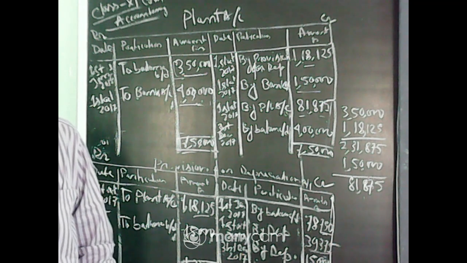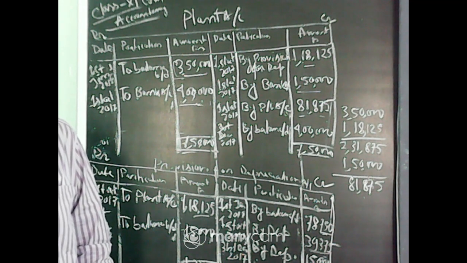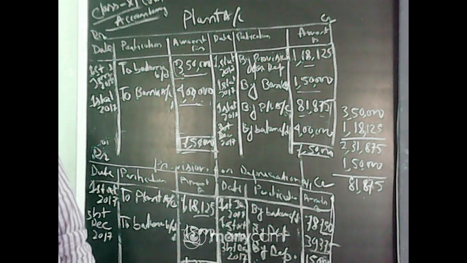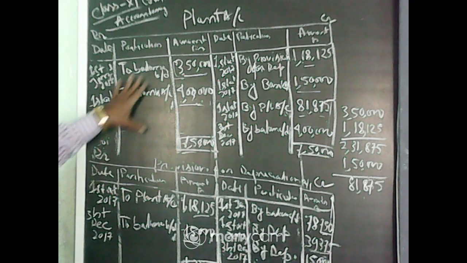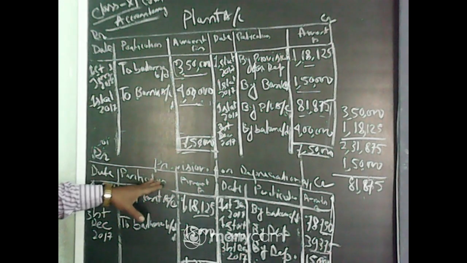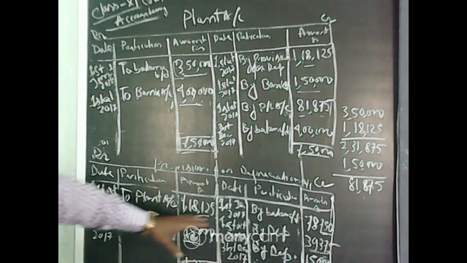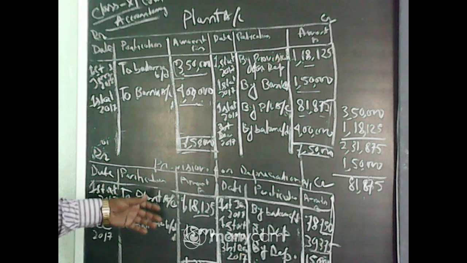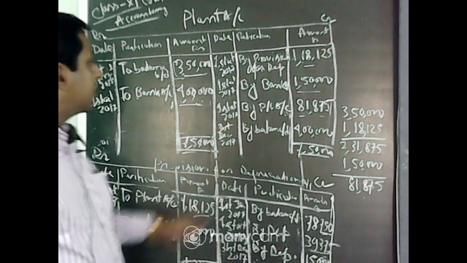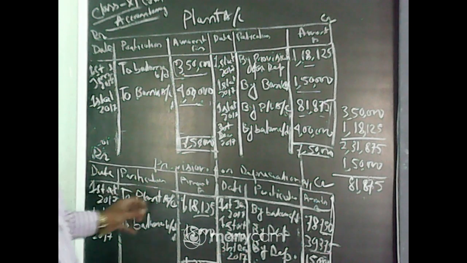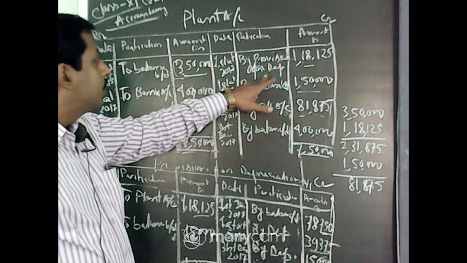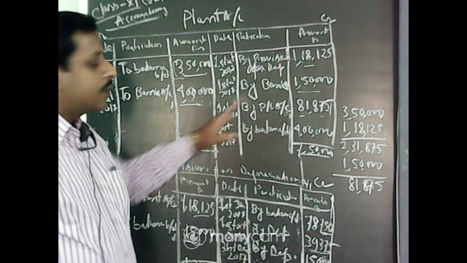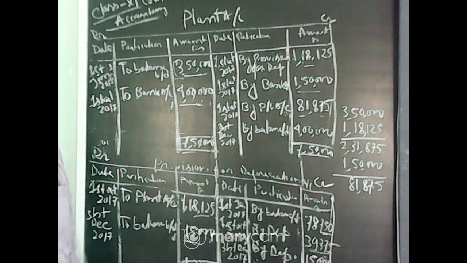So that is the way you have to maintain the provision for depreciation account, if the question asks you to maintain it. In the plant account, you only maintain the original cost, and in the provision for depreciation account, all the depreciation is charged, and accordingly the balance is transferred, and the depreciation accumulates year by year. But in case of a sale, for the machine being sold, this depreciation is transferred to the plant account, and accordingly the sale value and any loss you have to transfer, other things remaining the same.